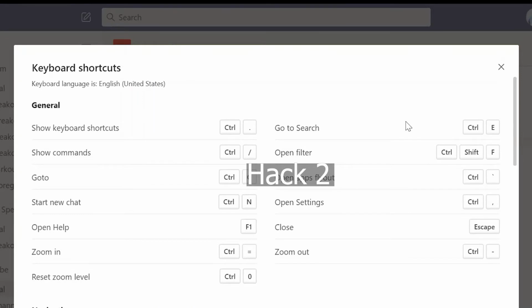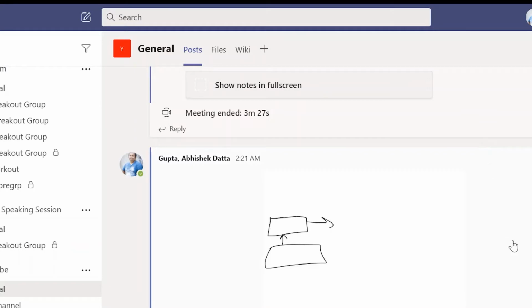And the second top hack that I want to talk about is the search. Yes, search is very critical while we are using Microsoft Teams, because after a point in time when we have created like multiple teams, we are part of multiple groups, and we have so many discussions going on with my fellow colleagues in those groups, and many a times we feel that okay, let's search that conversation that we had previously, or we want to search for some information that we want to have previously.